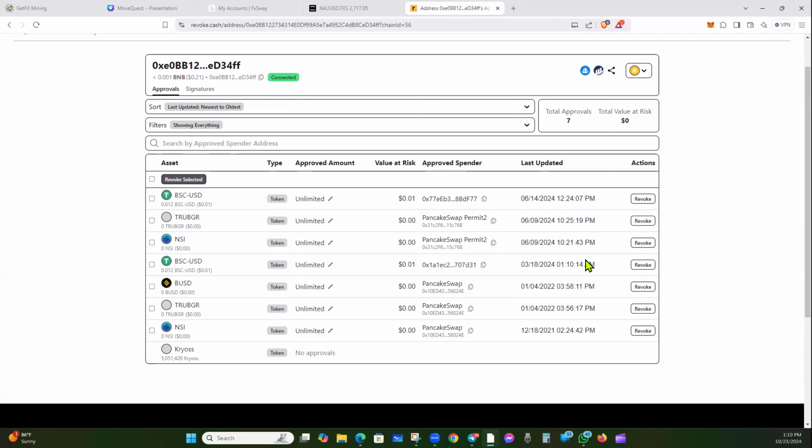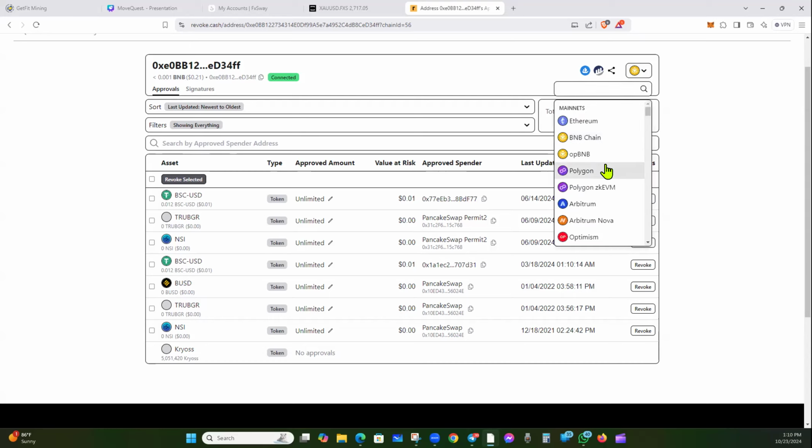But this is a simple way to just go online to revoke.cash, connect your wallet, and you can see here most of the blockchains, especially on EVM compatible wallets or Ethereum Virtual Machine wallets, that you would be engaging with are here, so that you could go through and make sure that your wallet is protected. Just wanted to share that little piece for those of you that are worried about that